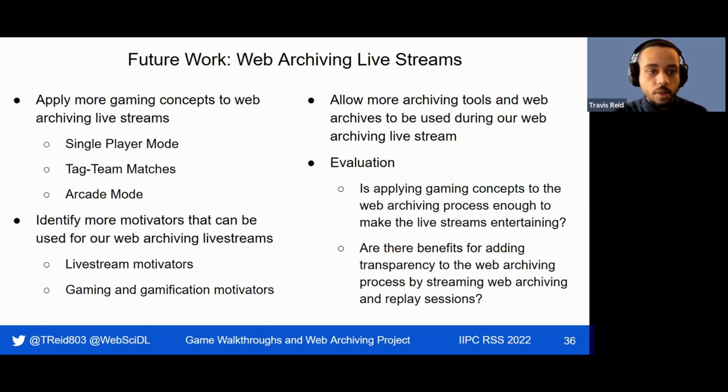Or another example would be if a crawler is preferred for a certain type of web page or website, we can switch to that crawler in those specific cases. Right. Okay, so for arcade mode, this is similar to an arcade mode in a fighting